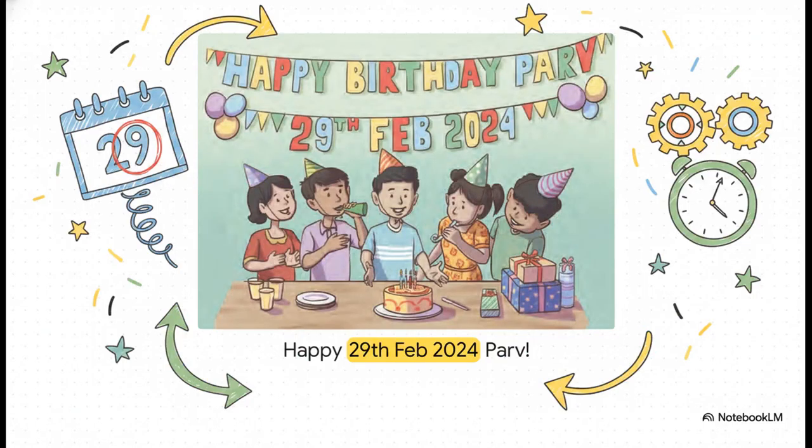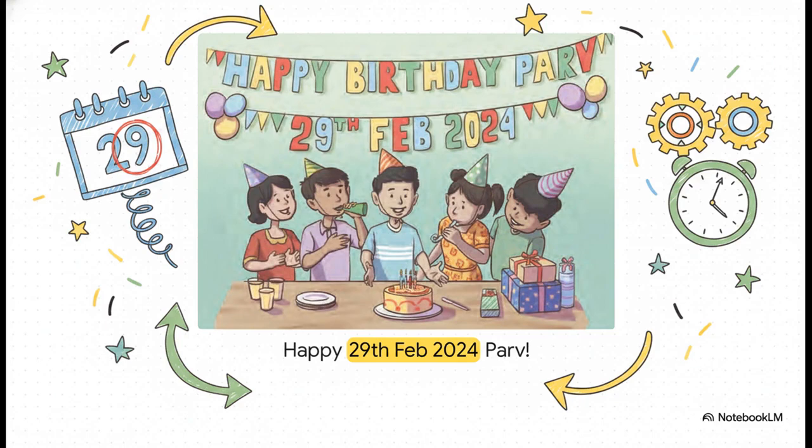Now check out the date for Parv's birthday party here. It's February 29th, 2024. Have you ever met someone who claims they only get to celebrate their birthday once every 4 years? Well, Parv is actually one of those special cases. And this specific date is honestly the perfect starting point for us because it introduces a pretty brilliant little quirk